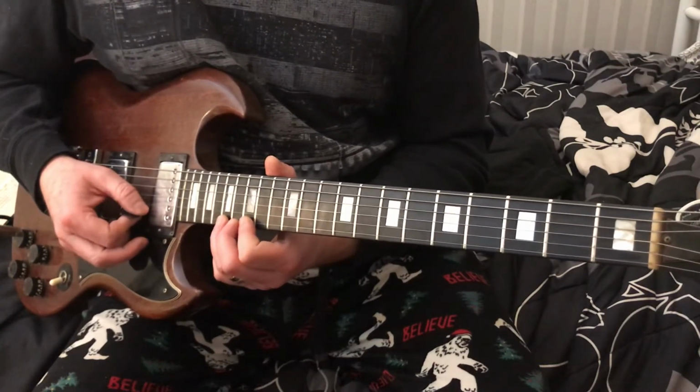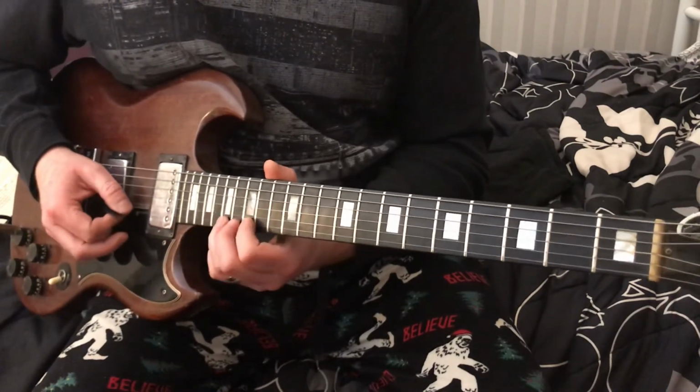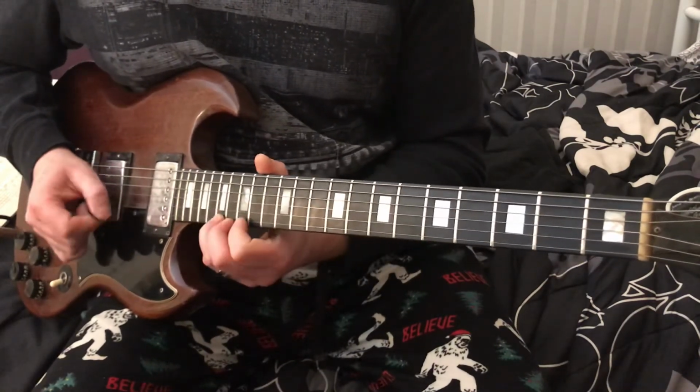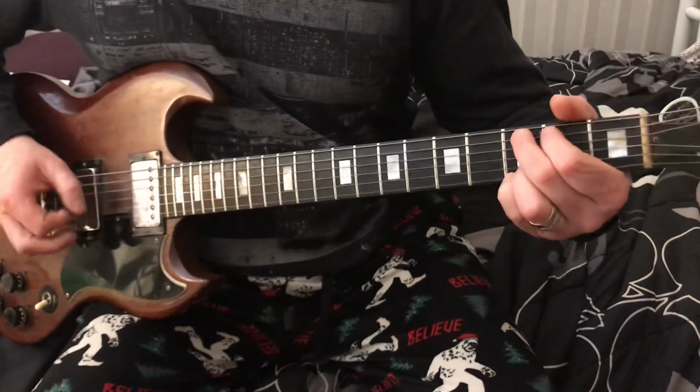Then the 17 on the first string. Then a half tone bend. Half to the 15 on the first string. See that? Back to the...